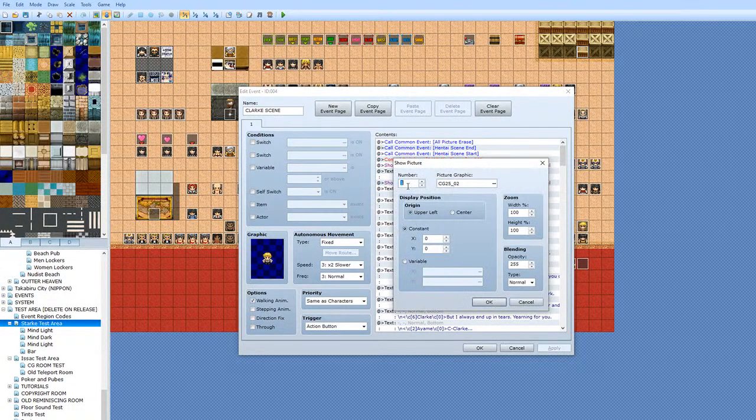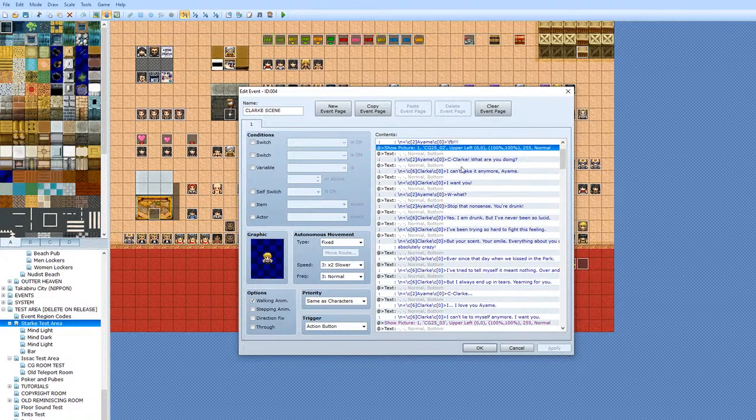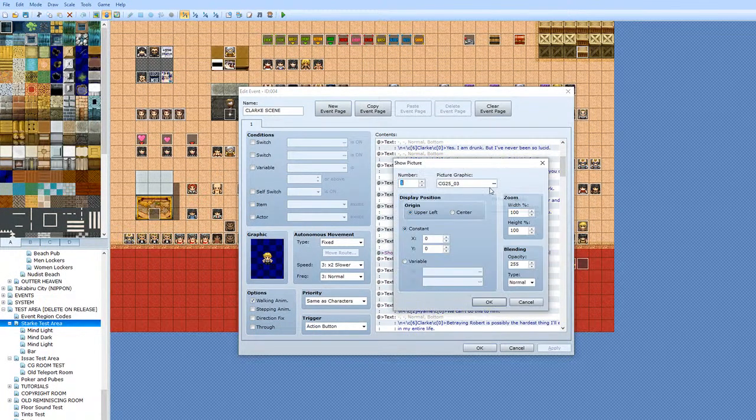So if you come here and if you still have the label number one, you can change the picture graphic. In ours will be CG25 frame number two, and it will just overwrite number one with another number one. So the picture will look like it switches, right? And then you have the lines of dialogue. After a few lines of dialogue, boom, you go to the label number one and you just switch it to